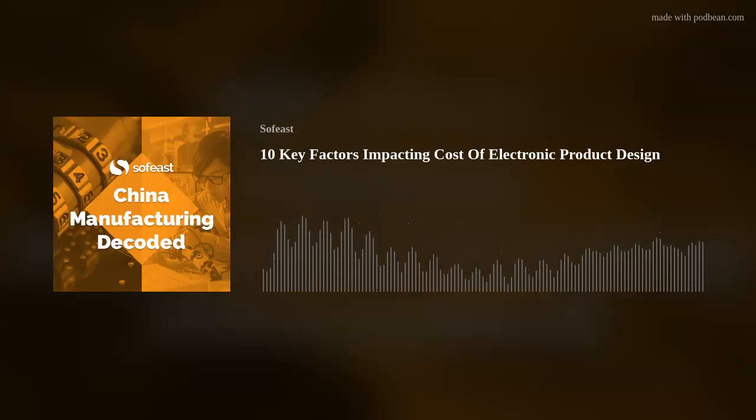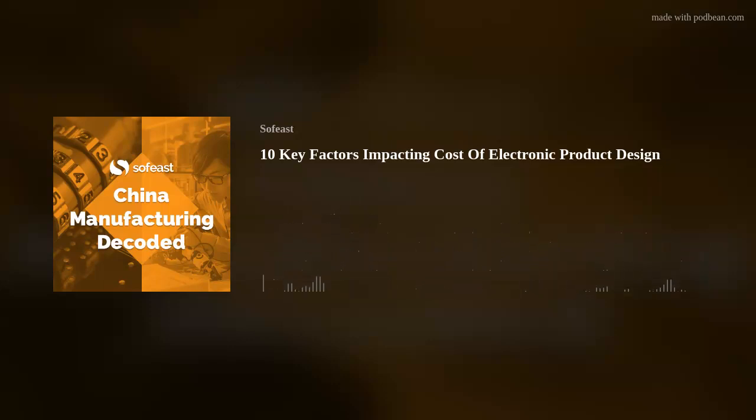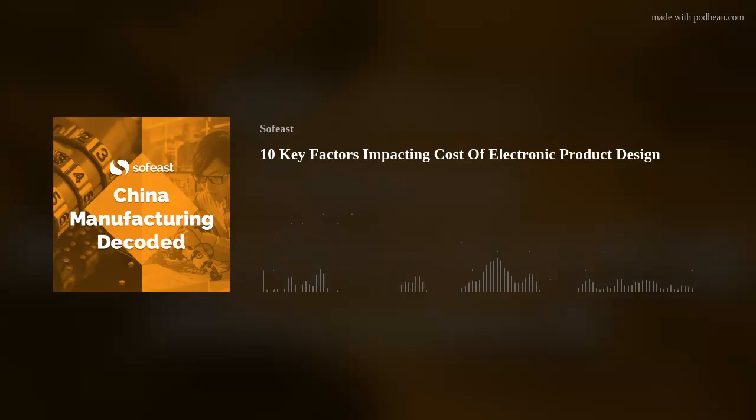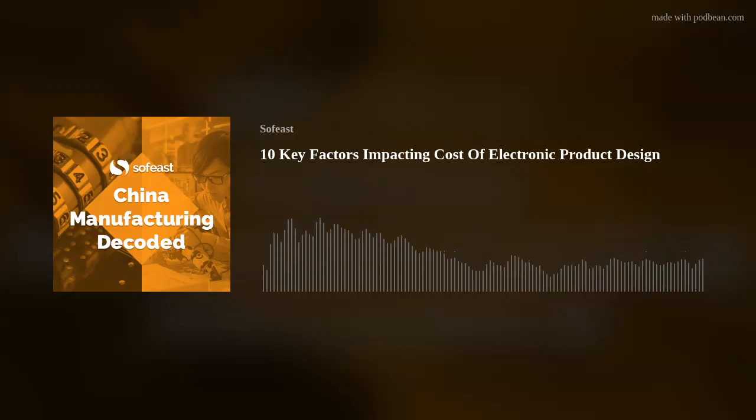So all of these things go into design for manufacturability, and it really takes a great team with a team lead that is experienced in design for manufacturability to align everyone within the team, not only on the development and design team, but also in the manufacturing team, to make sure everyone understands what the goals are, what the objectives are, and how you are going to achieve these goals